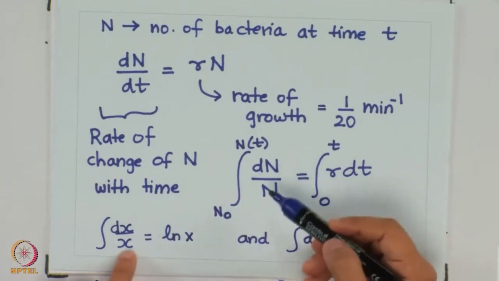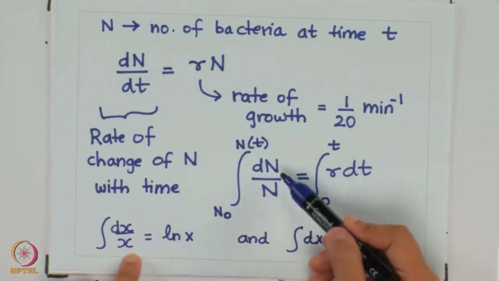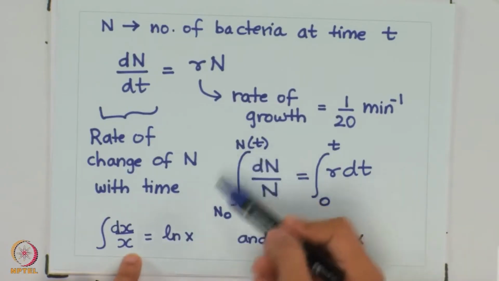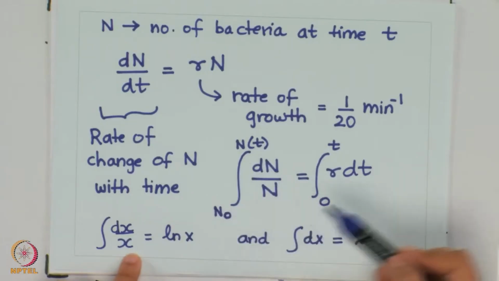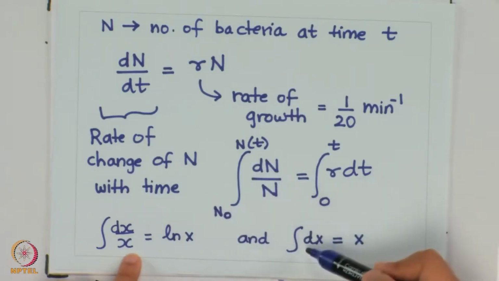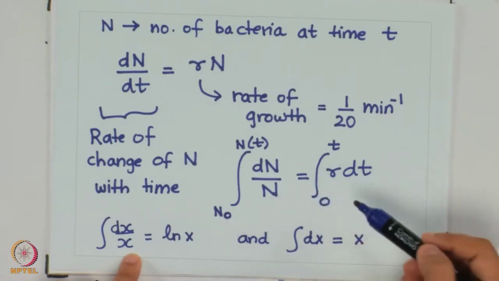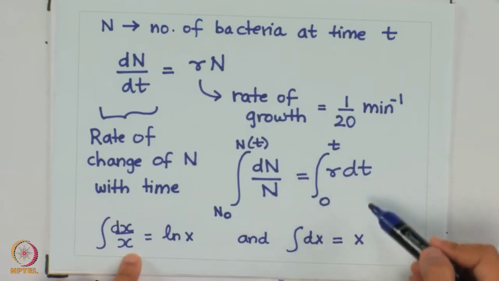My left hand side of the equation is of the form dx by x. So upon integration it just becomes ln of x, and the right hand side is of the form integral dt, because r here is a constant which does not change with time. So it can be pulled out from the integral sign, and the integral of dt is just going to be t. So taking our solution forward, what we end up with